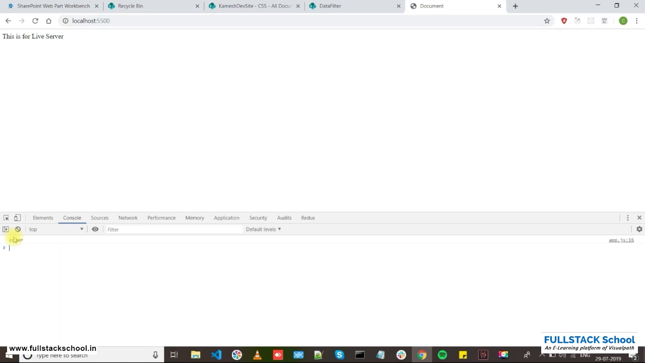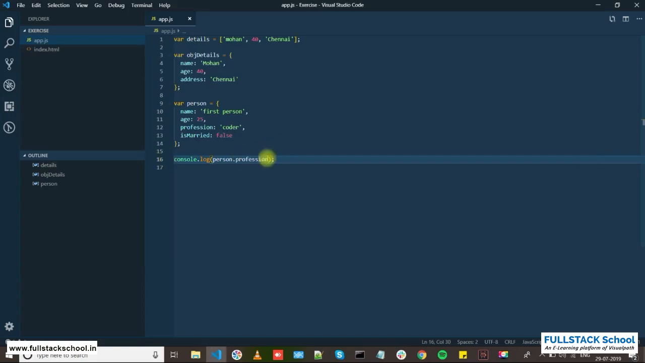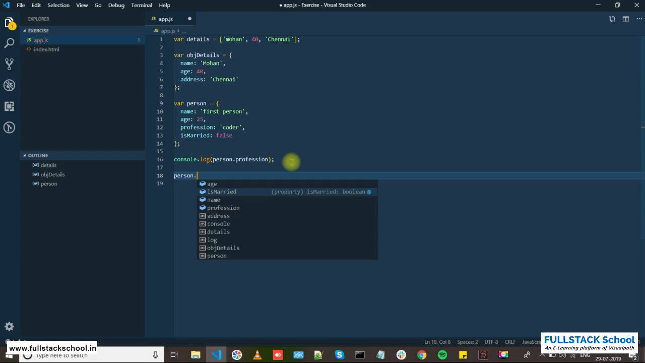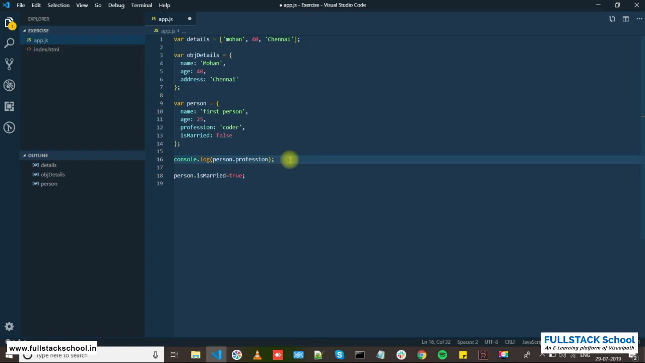So this is how we can access each and every property of this object. Okay, let me try to assign a value to that. Try to change the value. Previously it is false, right? What I'm going to do is I'm going to give it as true, and if I try to